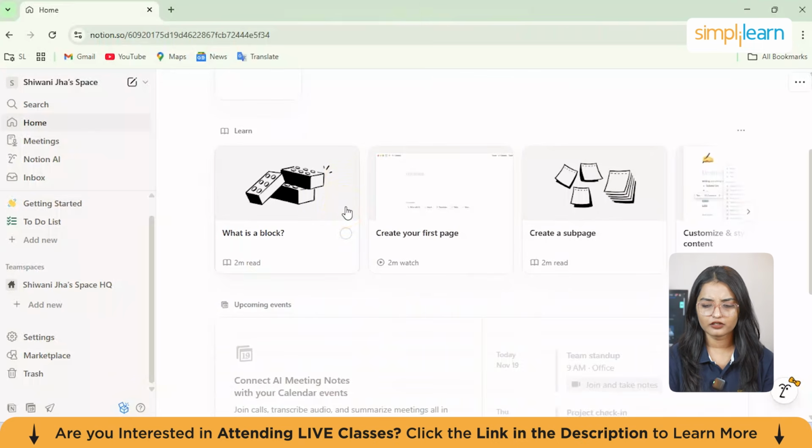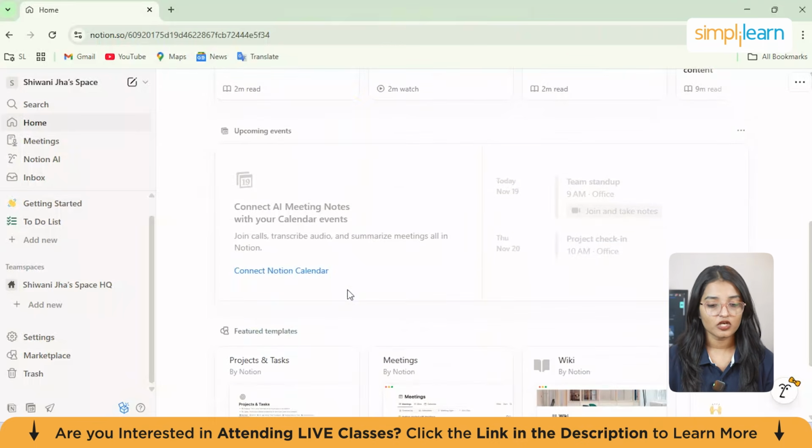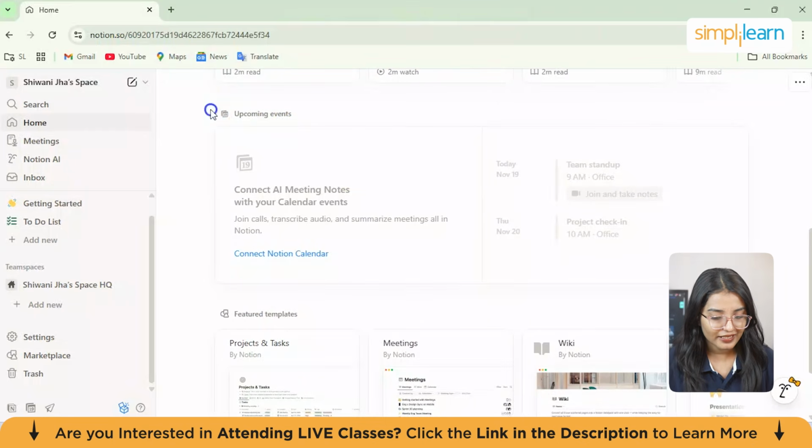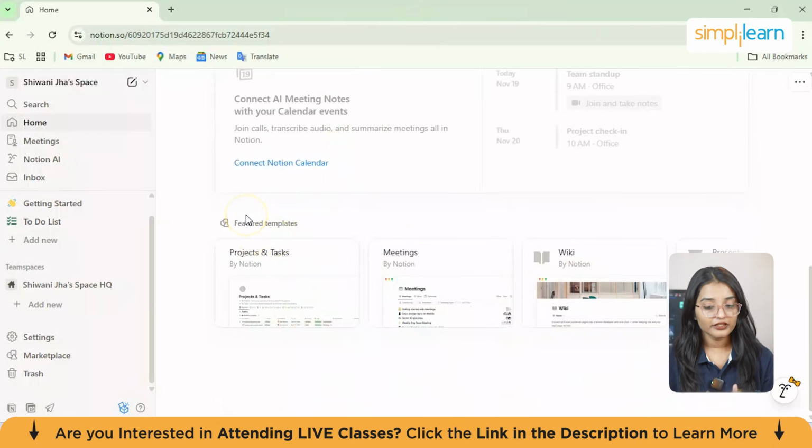And then you have all these learning fundamentals as well, like what is a block, how you can create your first page. And then you have upcoming events, where you can connect your AI meeting notes with your calendar events. So let's suppose you have any particular events or meetings coming up, you'll be notified in Notion as well. And then you have featured templates as well.